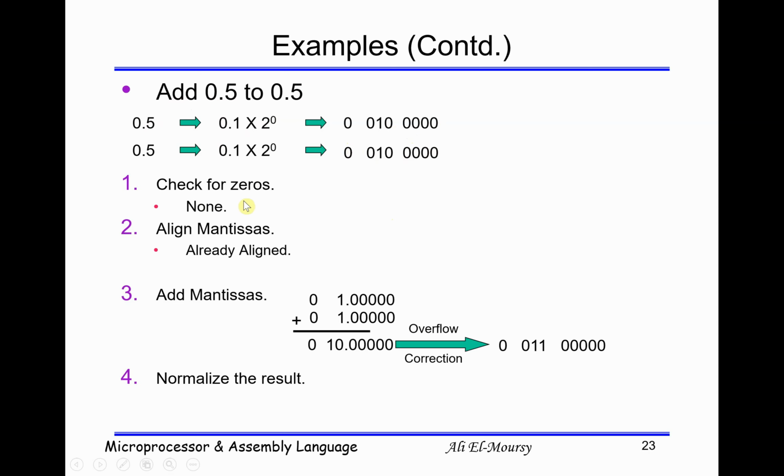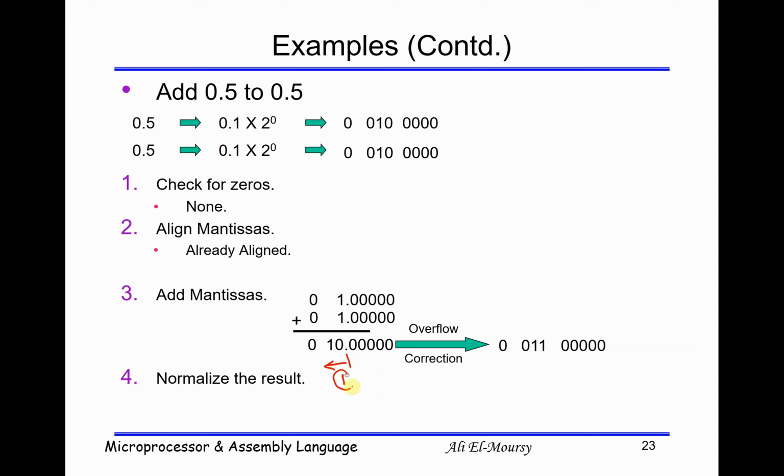Okay, and those numbers are not 0, and they are already aligned. Go to the addition. The exponents are equal. Adding the numbers, after adding, the result is not aligned. Since the result is not normalized, I have to shift the binary point